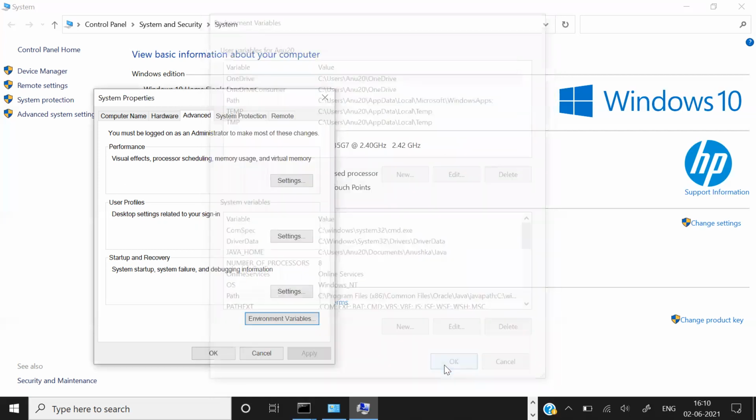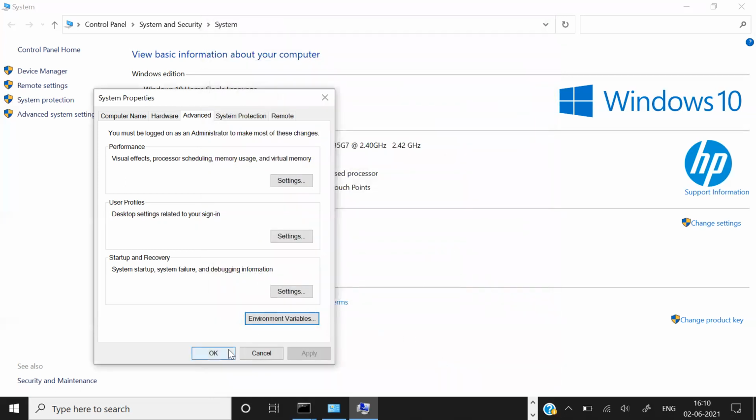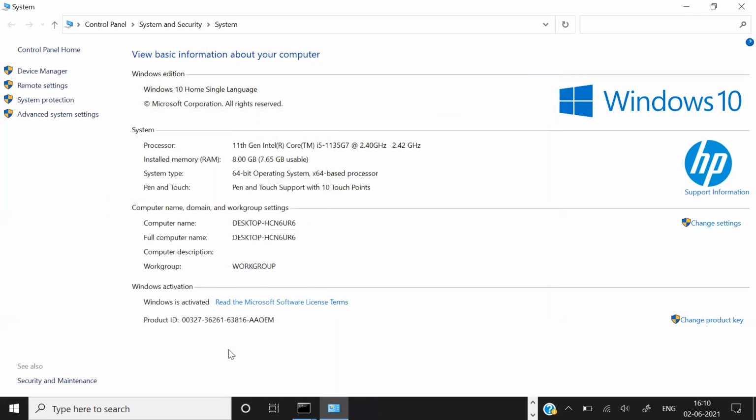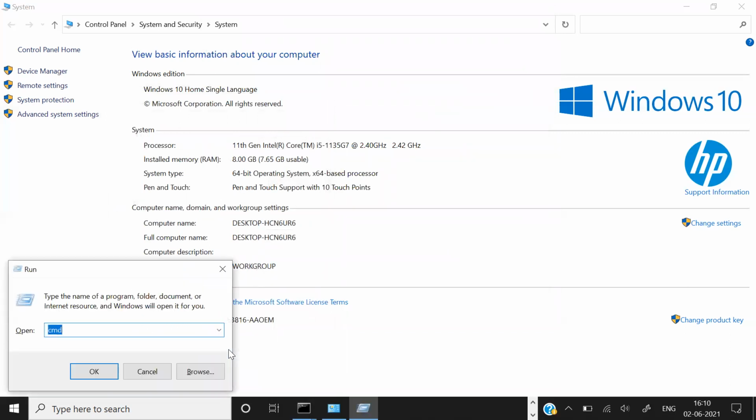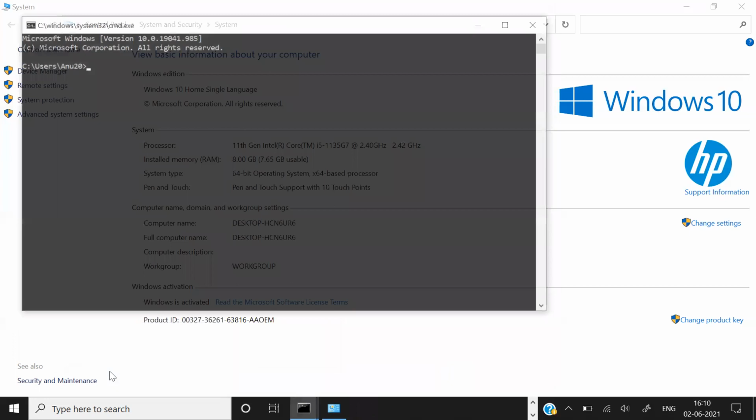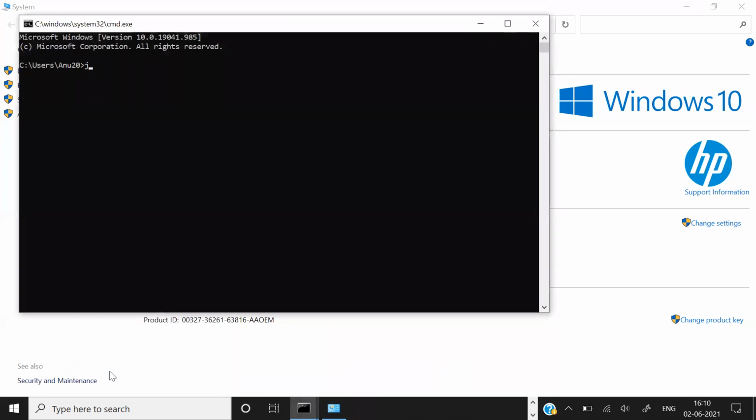Okay, and just check it once, don't close it. Open the command prompt. It's already open. Okay, you type javac hyphen version.